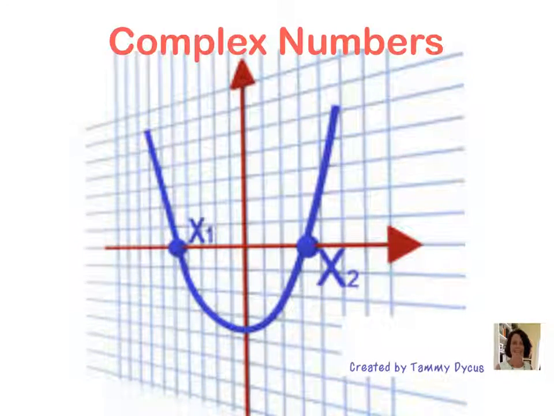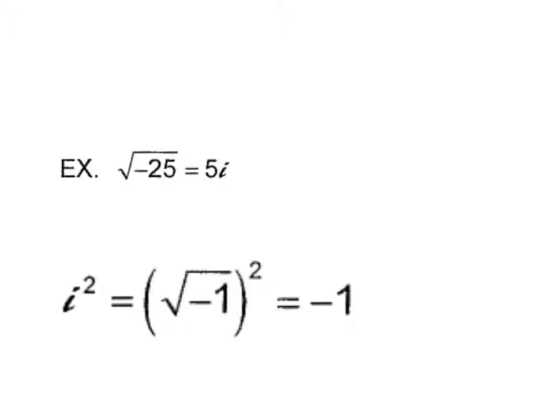Complex numbers. Complex numbers are numbers which are composed of a real value and an imaginary value. They're written in the form a plus bi, where a is the real part and bi is the imaginary part. Imaginary numbers were devised to allow us to work with negatives under square roots. Among other things, imaginary numbers help us describe the solutions of quadratic equations whose graphs, which are parabolas, don't cross